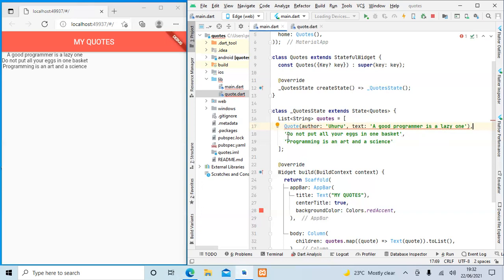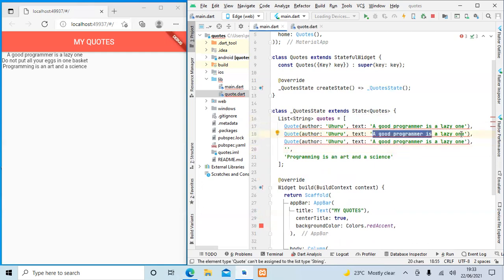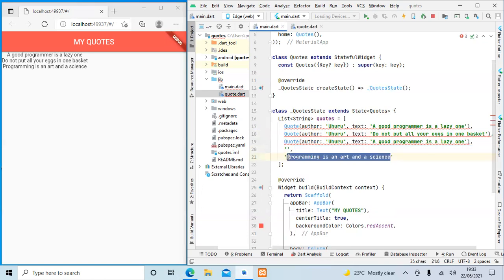So I'm going to just copy this one and then I paste. I copy, Ctrl+C. I come, I paste it there, and I also paste it there. So what I'm going to do, I'm going to change the text. I cut that from there, and I replace it with what is inside. I do the same. I cut this from here. I replace it with what was inside there. And then after doing that,